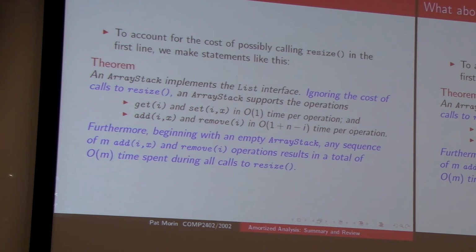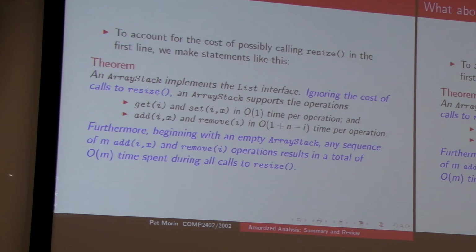And amortized analysis is about accounting for the fact that we ignore that first line, making up for it later by saying something about the cost of those operations in that first line. And so you get theorems that look like this, that say, for an array stack implementation, if we ignore the cost of resizing, all the calls to resize, then get x and set x take this amount of time,